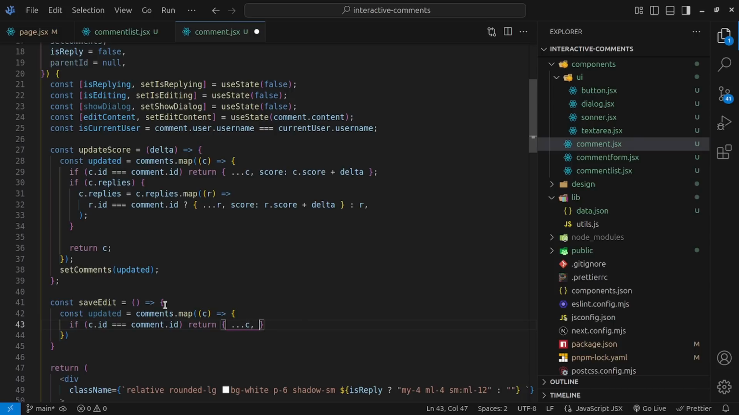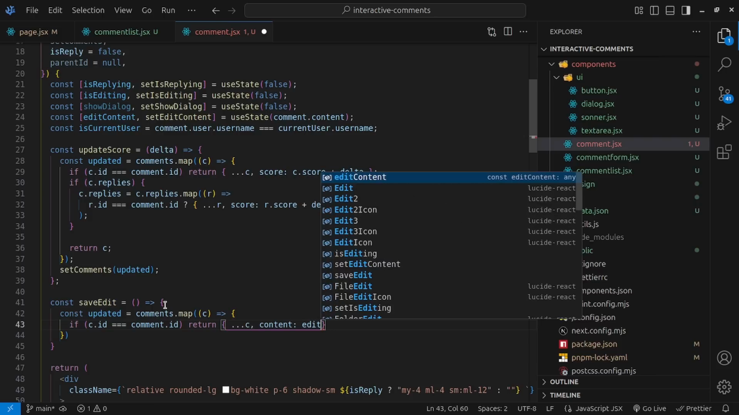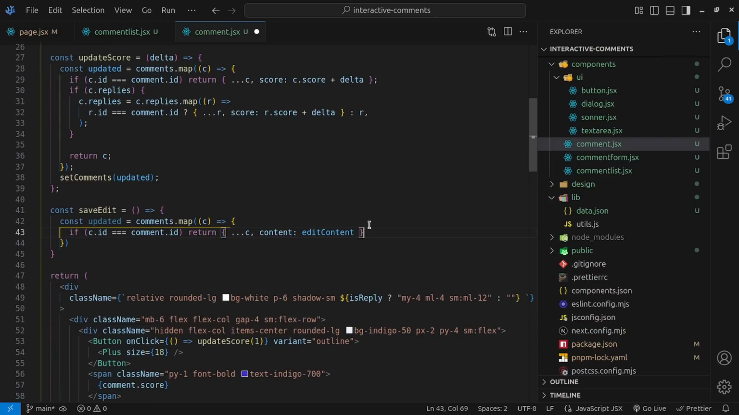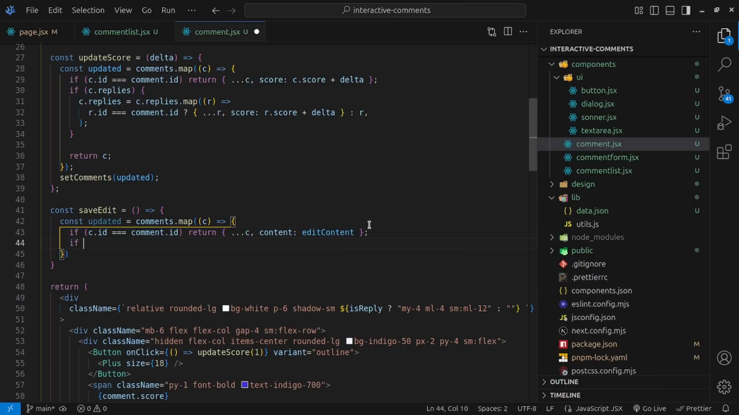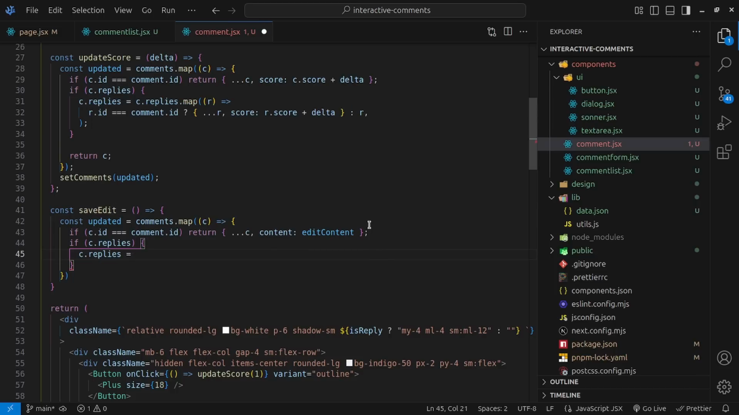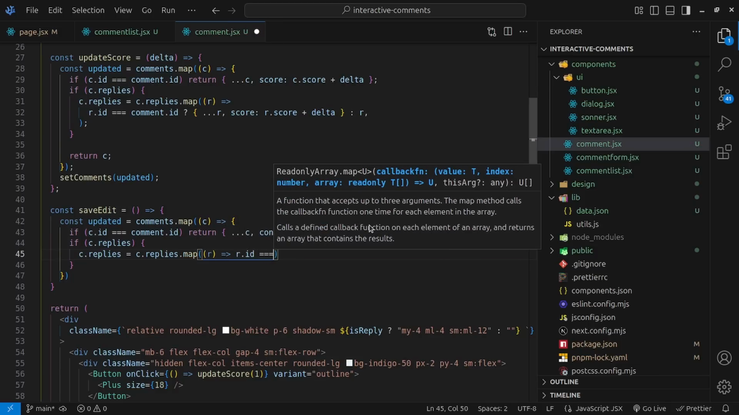But the property that we want to change is the content, because we have updated it, and we want to set the content here equal to the edit content, because the edit content controls our text area input. Now once we do that, we want to go ahead and check if c.reply. So if it is a reply, then we're going to say c.replies is equal to c.replies.map, and then for every reply that we get back, then we're going to check the r.id being equal to